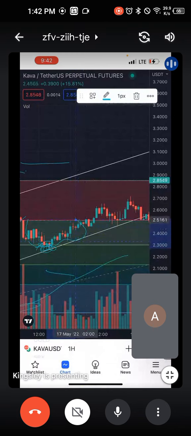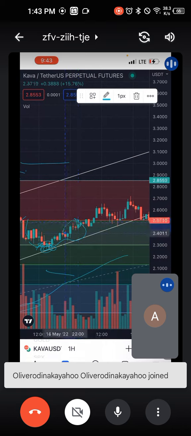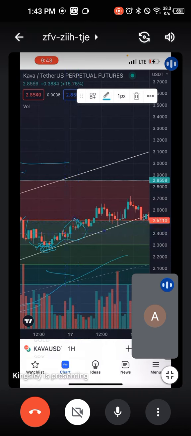And then immediately we are hitting the red line. This red line is now our resistance because it was previously our support when we were coming down. And when we are going up, it is now our resistance. So look at how many candles hit it. I think 1, 2, 3, 4, 5, 6.